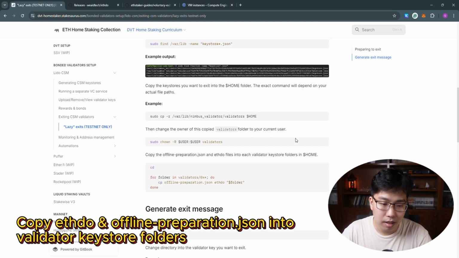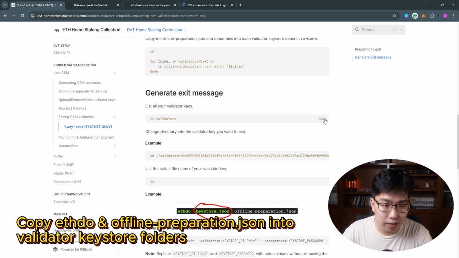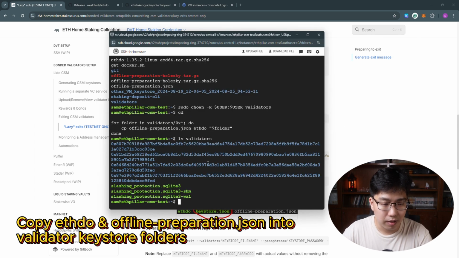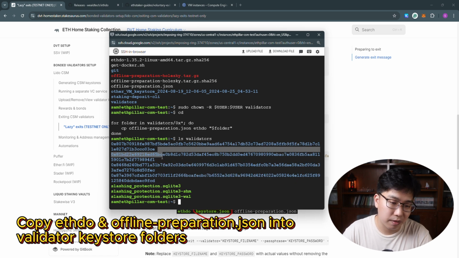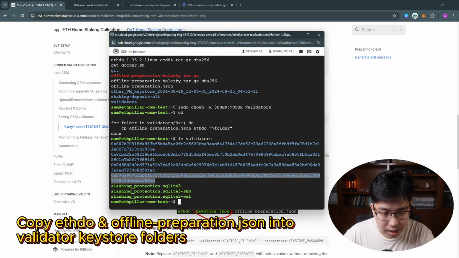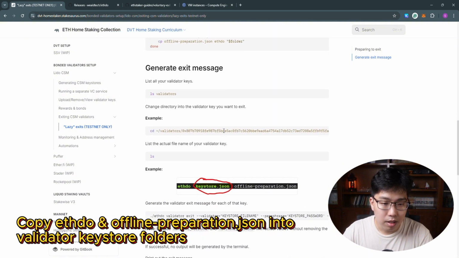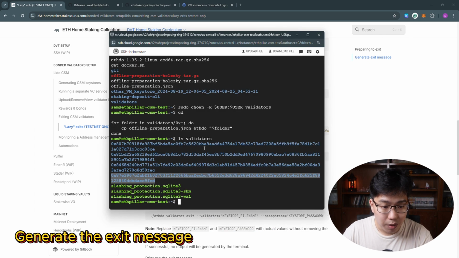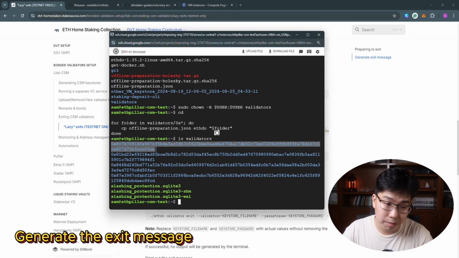Right, done. Next, we have to list all of our validator keys. As you can see, there are 4 folders here containing the respective key stores of each validator key. And these strings that you see here are the respective validator public keys. So we need to identify which public key you'd like to exit, or maybe you'd like to exit all of